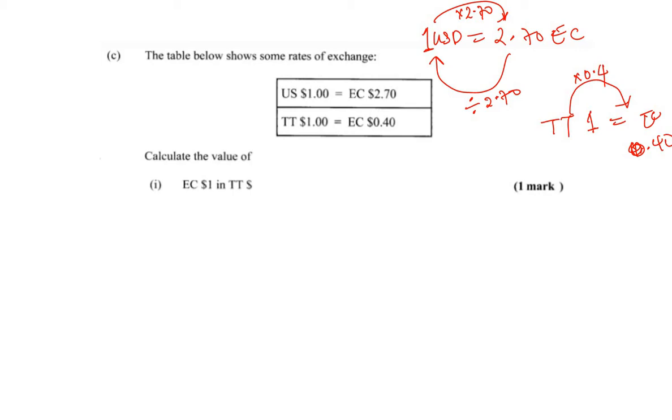And to go from 0.4 EC to 1 TT, we divide by 0.4. So if we're going from TT to EC, we multiply by 0.4. And if we're going from EC to TT, we divide by 0.4. Normally, when we establish this before doing the question, it makes working the question way easier